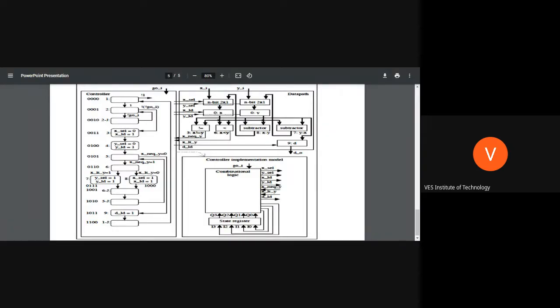The programming technique I am showing you is called FSMD and data path. The left-hand side design is called the FSMD, that is the controller. This is the data path, and the whole thing connected together is nothing but a processor. Right now we call it a GCD processor. This is a single-cycle processor, meaning everything happens in one cycle, or one or two cycles.